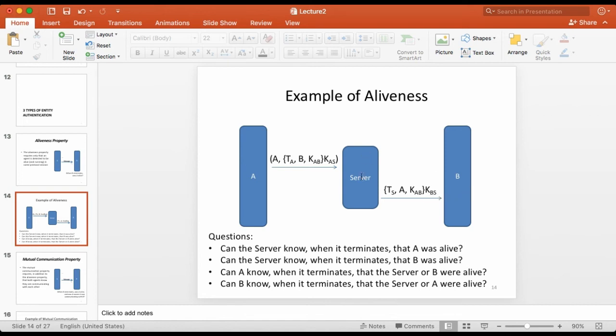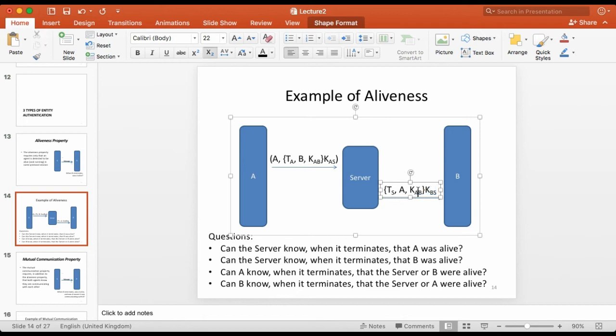It knows that the server is alive because it receives a message encrypted with the server's key. Okay, so it knows that this message could not have been encrypted by anyone else other than the server, simply because that key is only shared between B and the server. On the other hand, it also knows indirectly that A was alive